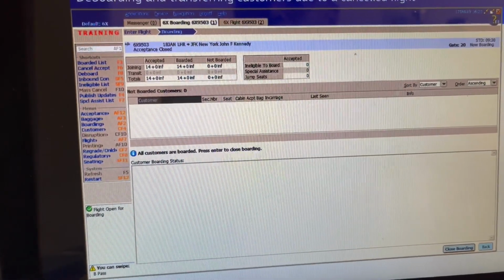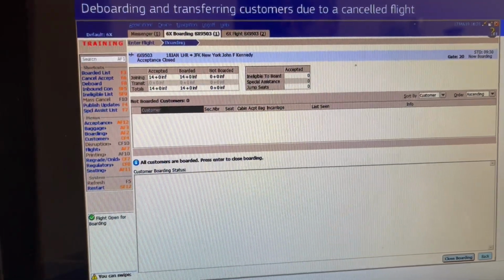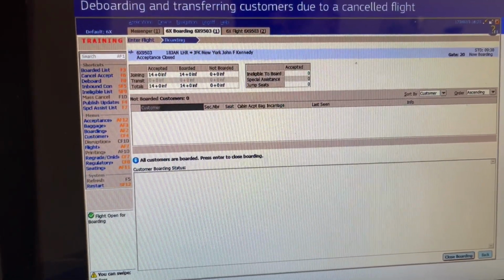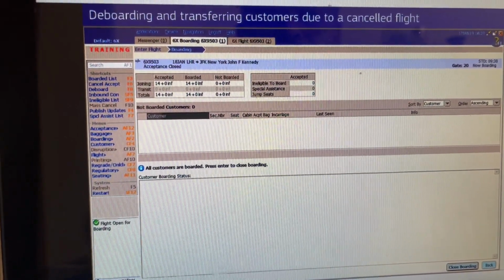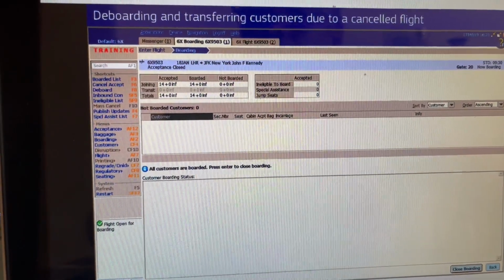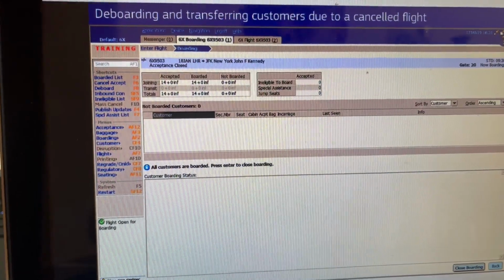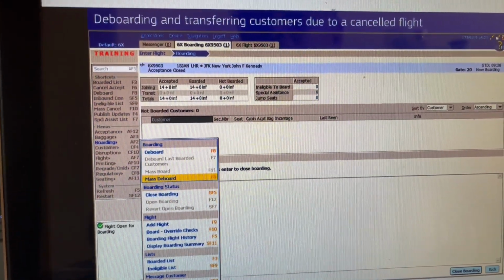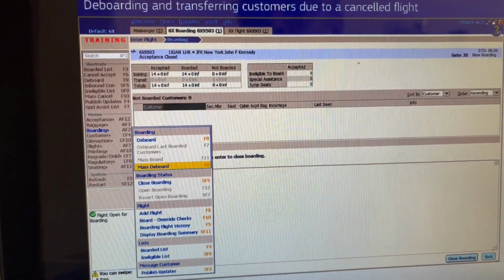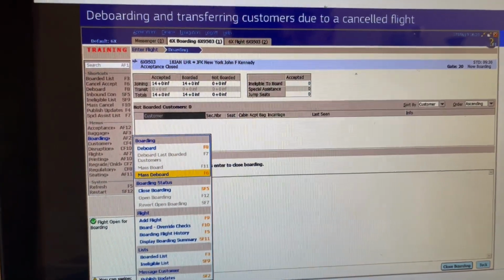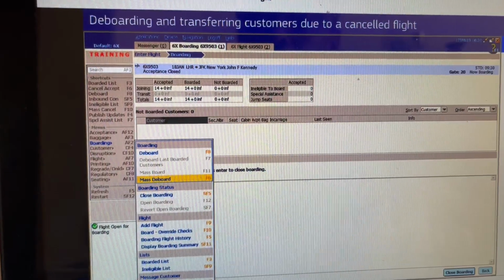So first of all, out of the boarding screen, you would have to go into seeing all of the passengers that are boarded. You will see that there is nothing boarded on this screen, but you'd want to deboard all passengers that you had on the flight. So go to mass deboarding. I don't always suggest doing that. First of all, you'd want to see all of the list, but let's do the mass deboarding for the purpose of the exercise. So you go to mass deboarding out of the boarding screen options on the left, and then